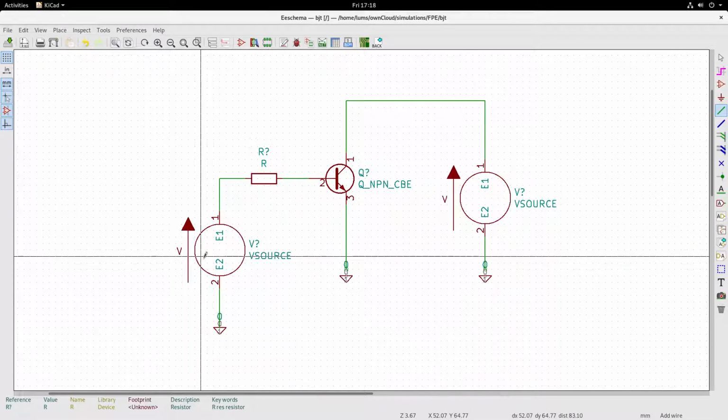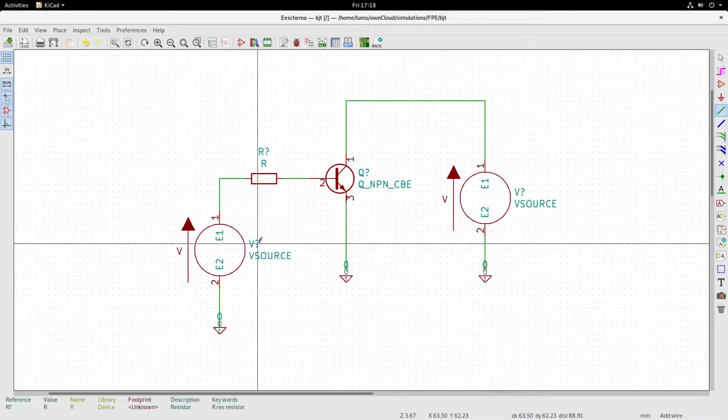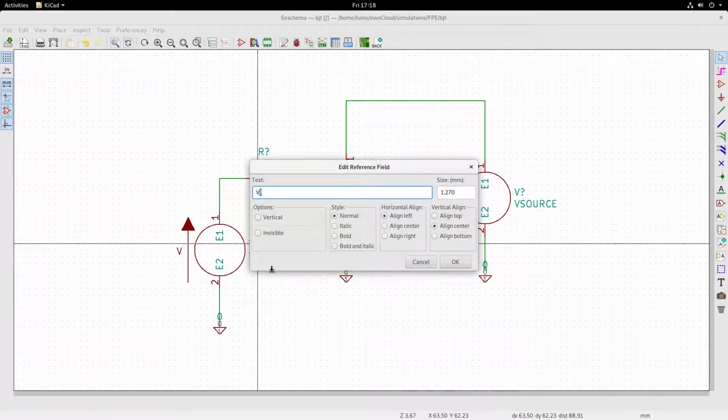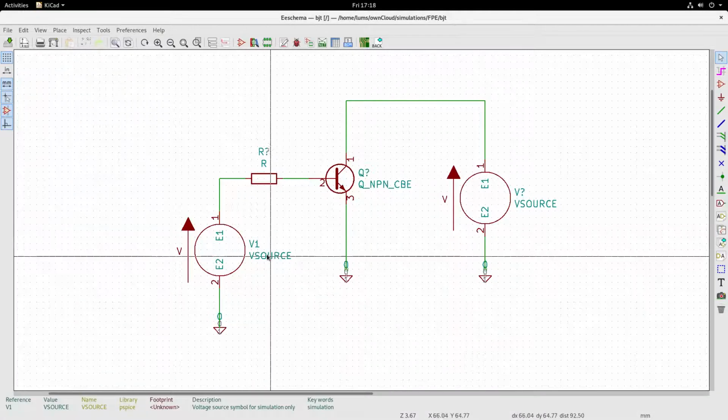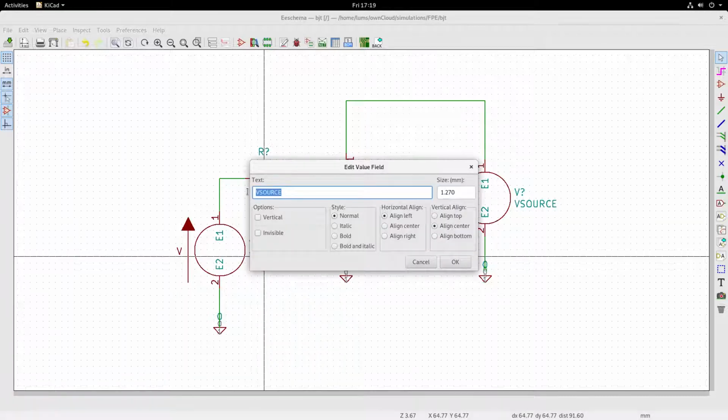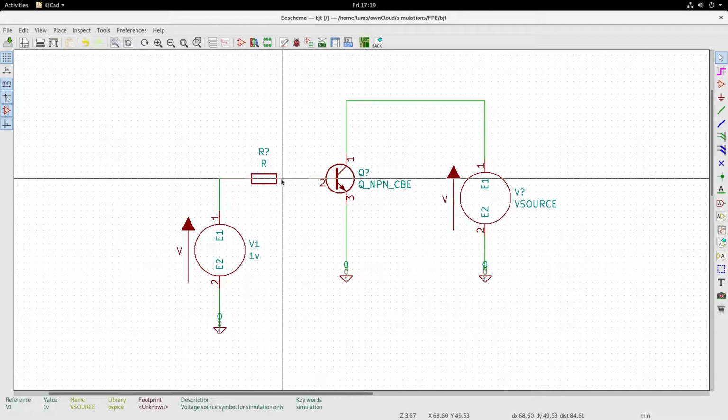So these sources, let us now give some numbers. Let me edit the value of the reference. I'll call this one as V1, and we will give some value. Edit value, we will give this one as 1 volt for now. Base of 1 volt.